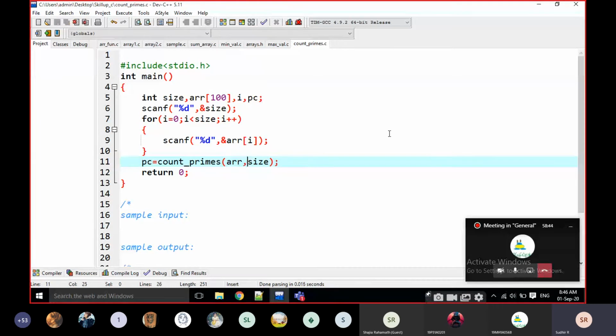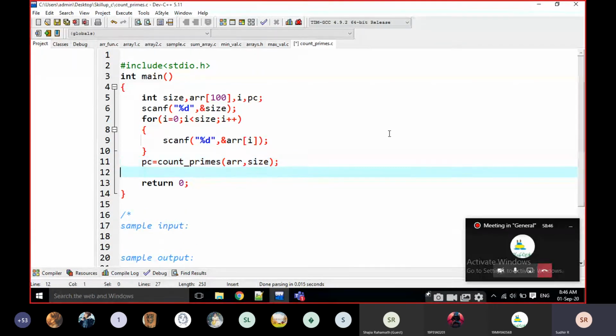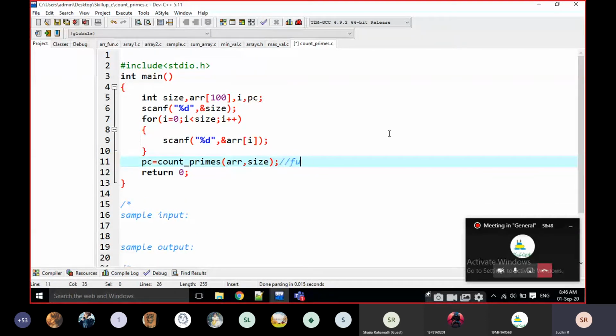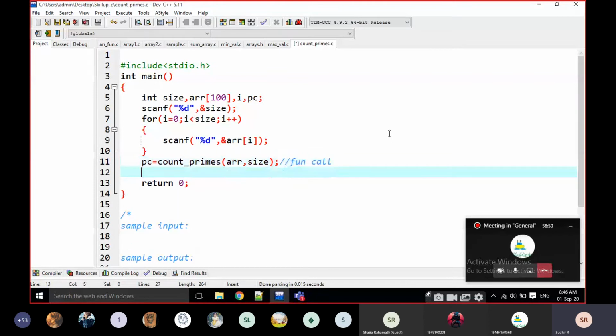This is the function call. I am going to print the result. What is the result? PC, the prime count, is the result. That's it. It's simple. I am going to read the size, read the array variables, write the function call, and print the result.